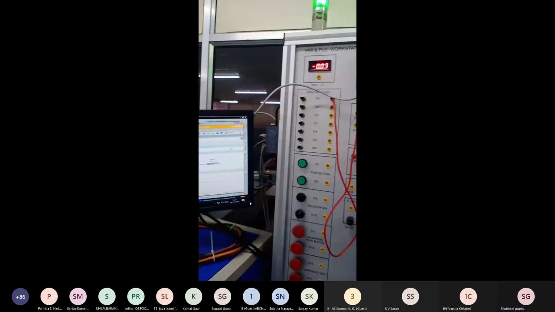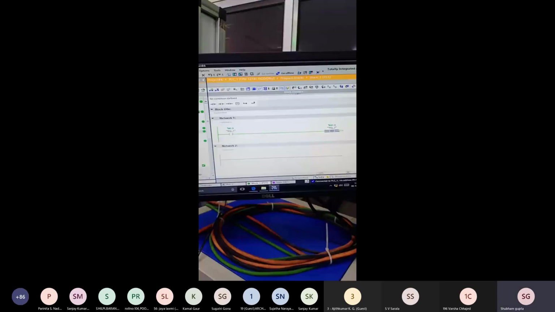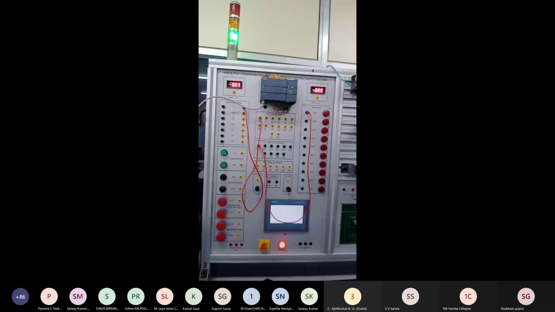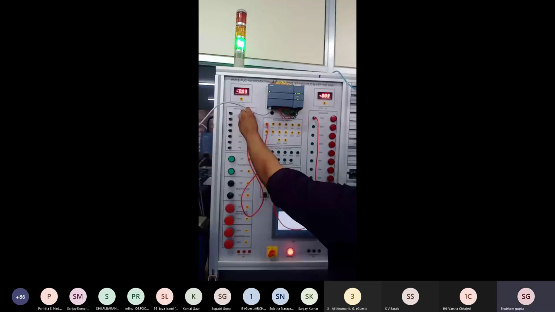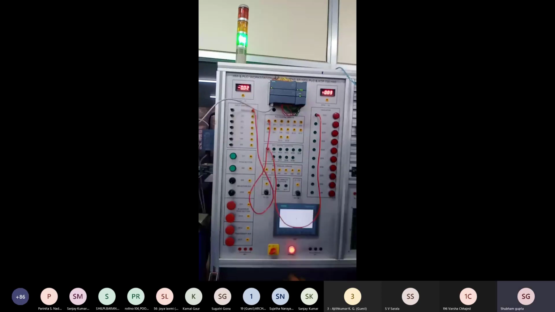Okay. Just I'm pressing the toggle switch and the output is on. And when we press off, the output gets off. In the same program, we will also use this program for the sensor.